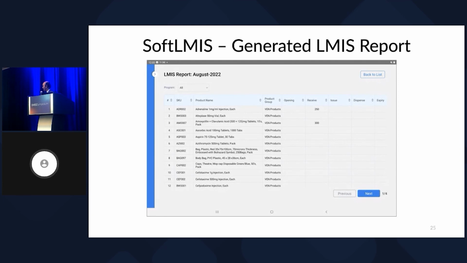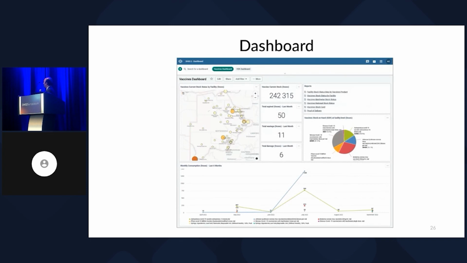So here, Soft LMIS knows which days you became stock out in the middle, and which day a receive came again. So that variable, the number of days stock out in the middle of the month, is calculated automatically. Average consumption, MOS, everything is calculated. So this is a typical dashboard from